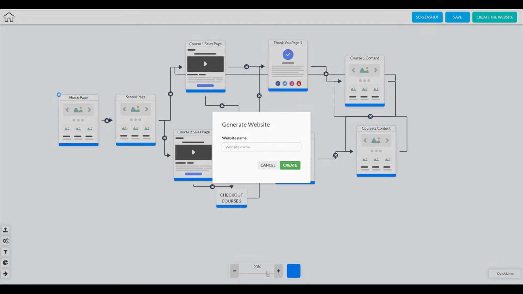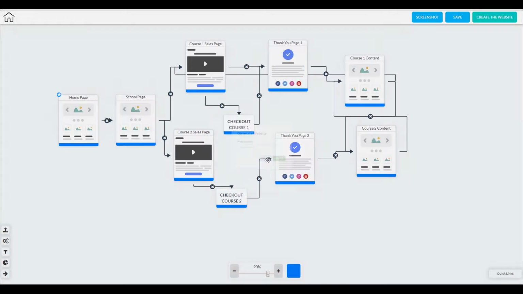So not only can you design your funnels, but also create the whole thing. It just takes a few clicks and no technical knowledge is needed. Once you created your sales funnel on a visual interface, all the pages will be instantly generated for you with a simple click. And one more thing, it's a Builderall exclusive tool. You can't find it elsewhere. Let me give you a quick demonstration.